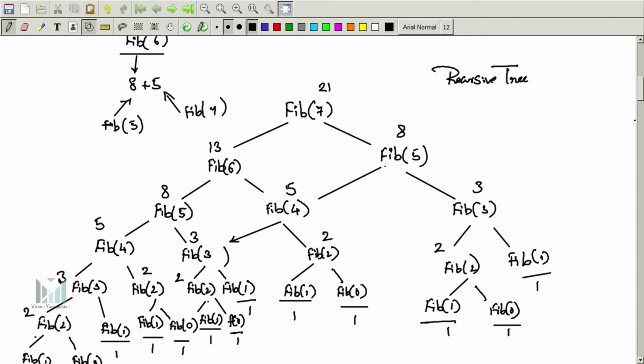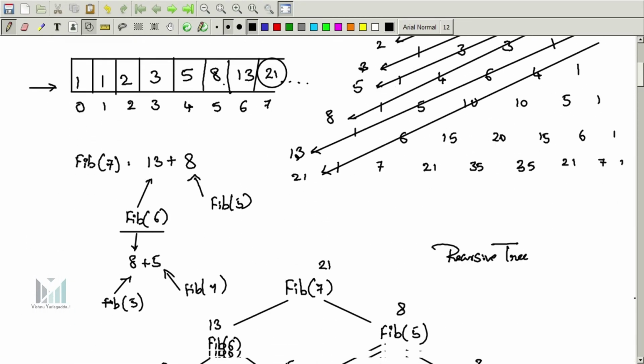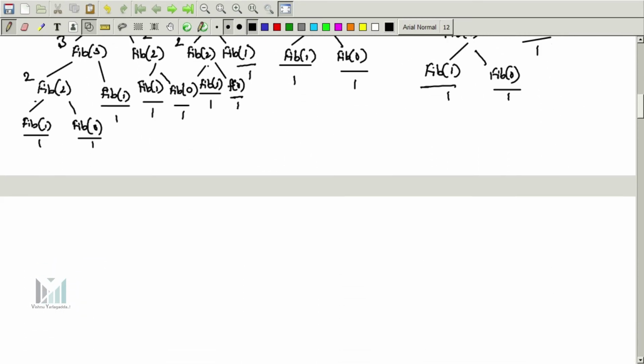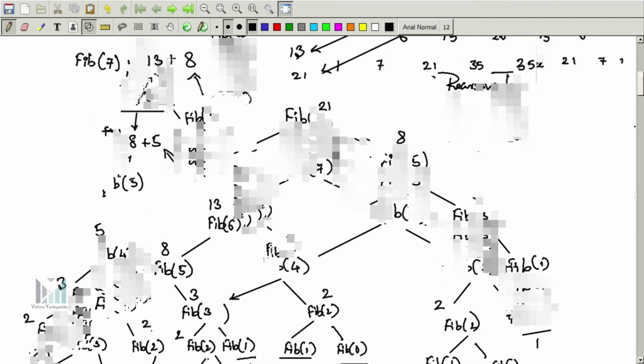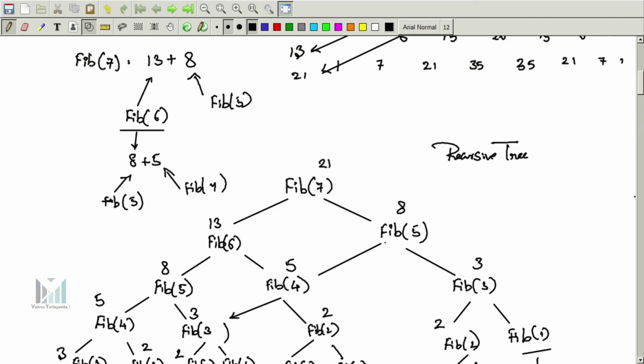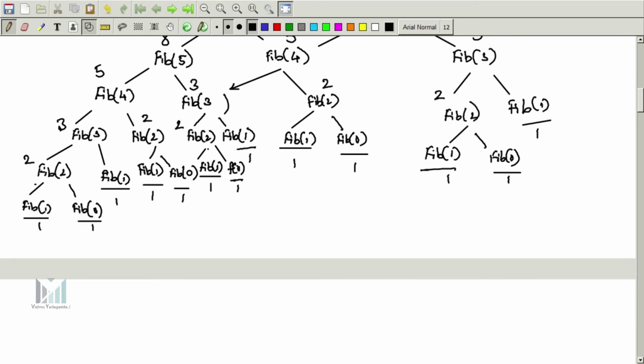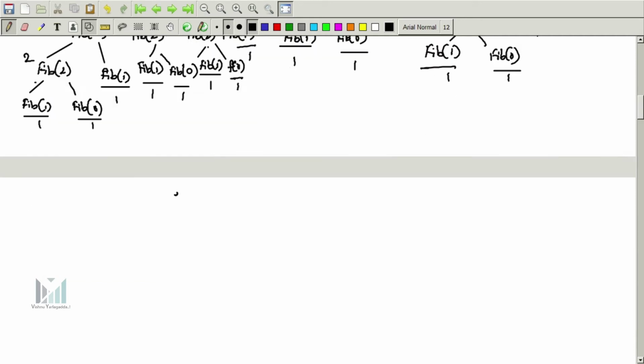So if you are able to generate the recursive tree for any program, then it is very easy to write the program. What we are doing here is, whenever Fibonacci of 0 is given, we return 1, or Fibonacci of 1 is given, we return 1. Otherwise, if fib of 2 is given, we find fib of 1 plus fib of 0, that means n minus 1 plus n minus 2. So I can write fib of n is equivalent to fib of n minus 1 plus fib of n minus 2